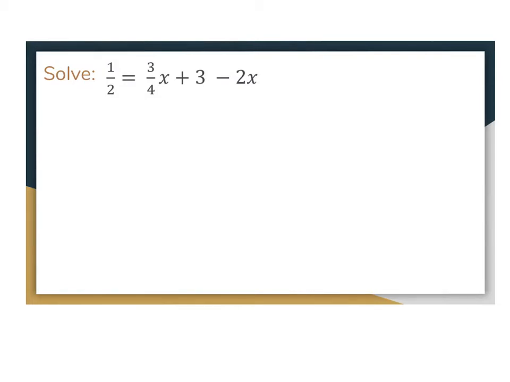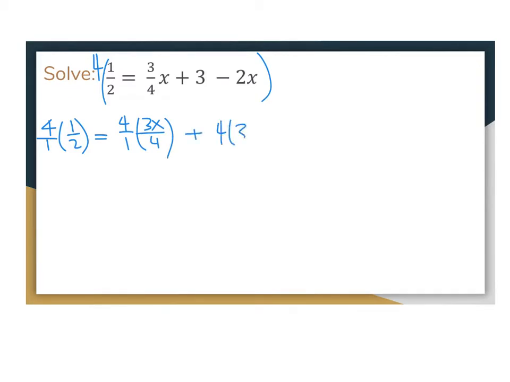We have a 2 as a denominator and a 4. Well, you have to find the common multiple, okay? Least common multiple. So in this case, the least common multiple is 4. So we're going to take 4 and multiply everything. But we can't multiply a fraction with a whole number. So you have 4 over 1 times 1/2 equals 4 over 1 times 3x over 4 plus 4 times 3 minus 4 times 2x. Okay, so what ends up happening is you have 4 over 2 equals 12x over 4